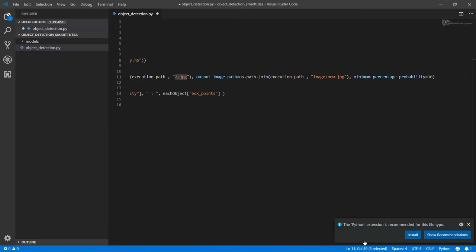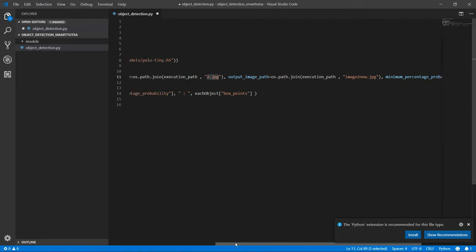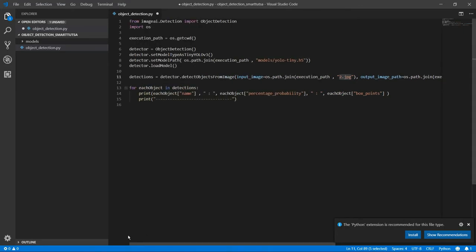The minimum confidence we want to show is 30%. If the prediction percentage is above 30%, then it will draw the bounding box. Then finally we print all the results on our console, but the image will be saved at the output image path. That's all about image detection.